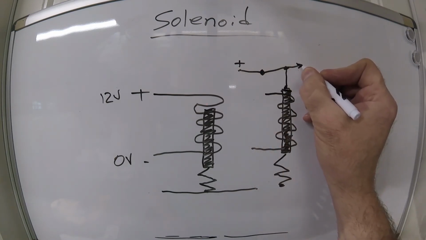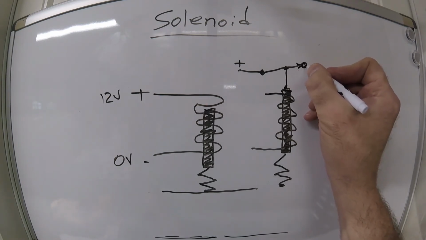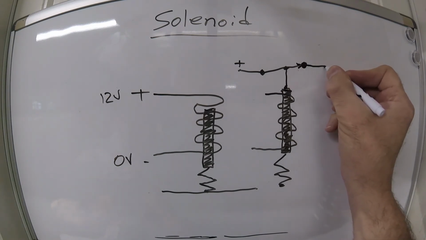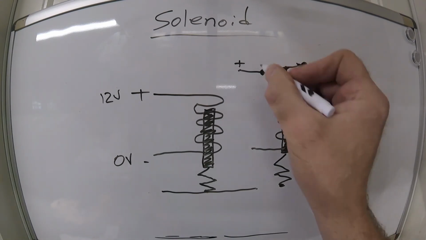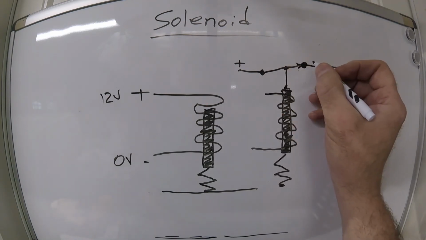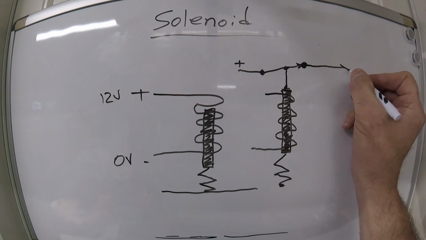And we've seen a symbol like this before, haven't we? And we can have this be another electrical contact here, so this looks like a switch, doesn't it? And then this would go out to our load